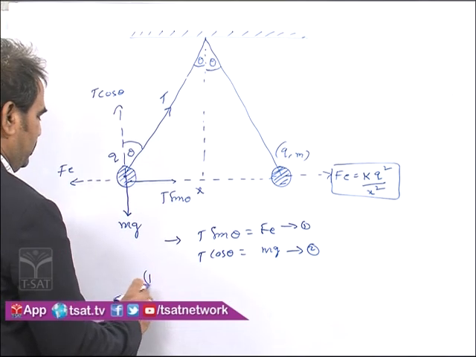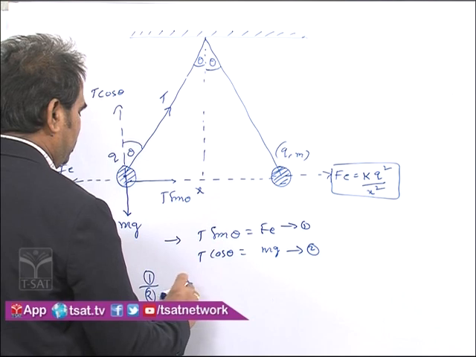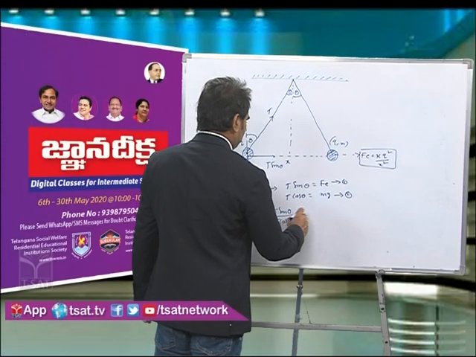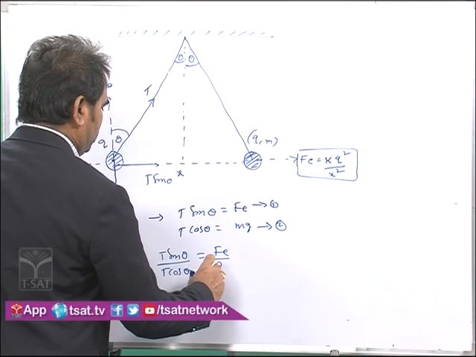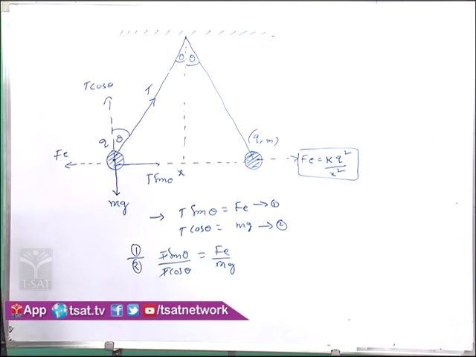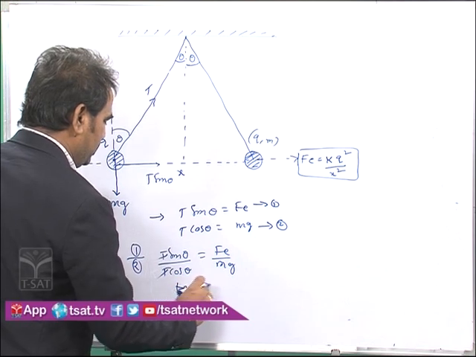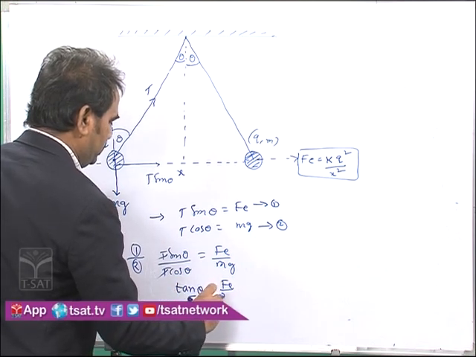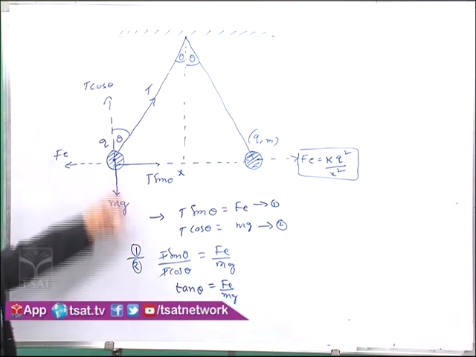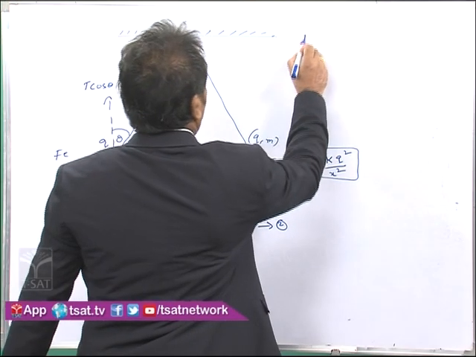Dividing equation number 1 by equation number 2, we get T sin theta upon T cos theta, which is equal to Fe upon mg. In the numerator and denominator, T gets cancelled. Sin theta upon cos theta is nothing but tan theta. So tan theta is equal to Fe upon mg. So the force of interaction between these two balls in the air is given by Fe is equal to